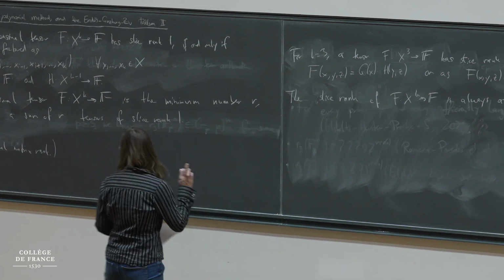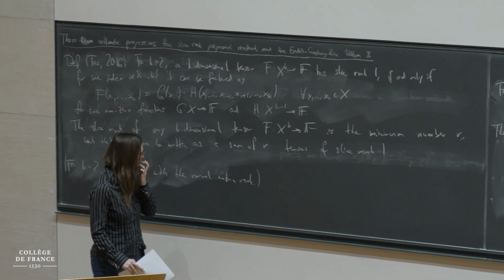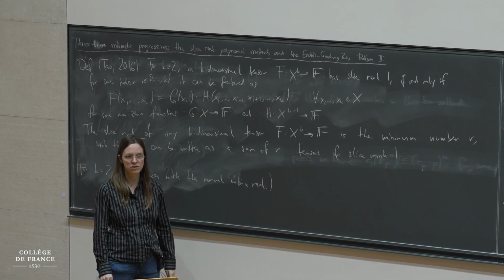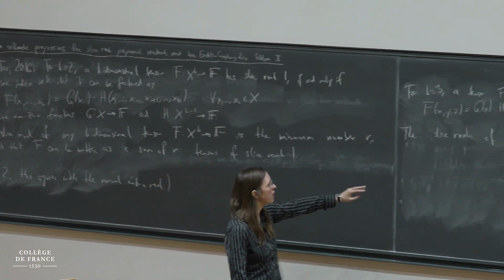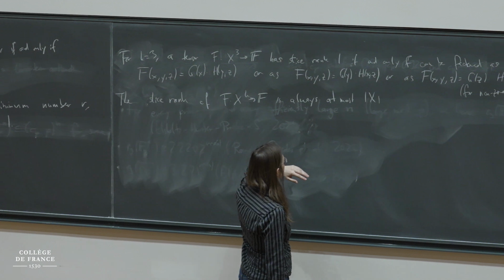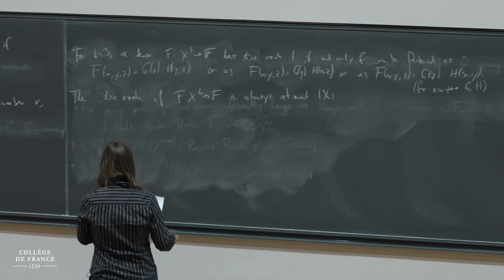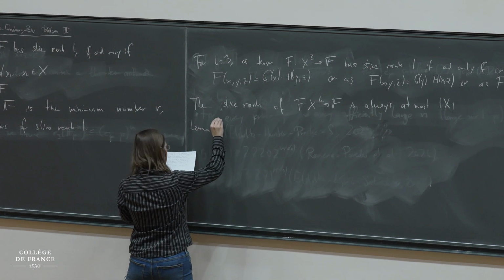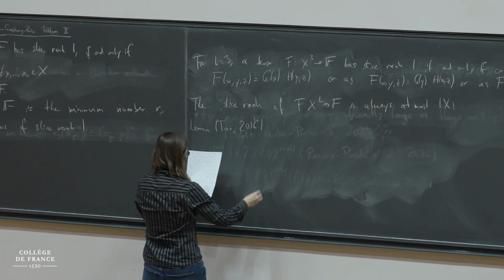So let's think back to matrices. That's also similar to matrices. And now what's another thing we all know about matrices? If you have a diagonal matrix with non-zero entries on the diagonal, then it has full rank. And the same is also true here. For diagonal tensors with non-zero entries on the diagonal, the slice rank is equal to the size of x. That is a lemma that was proved by Tao. So he showed,